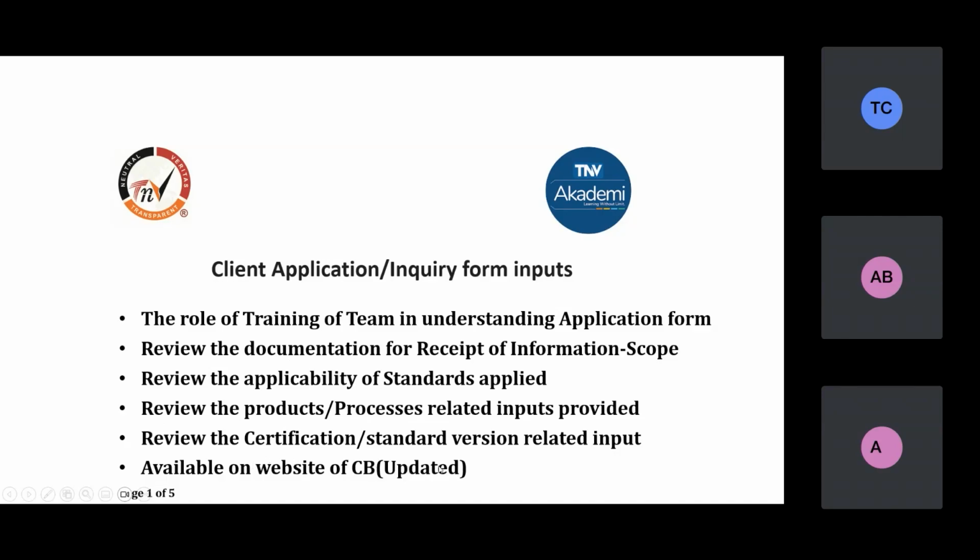But the question is whether it is updated. In the last 3 decades, our team has seen that there are problems in this updating at various certification bodies. Accreditation boards at times raise problems because the application forms get revised depending upon the situation, the version, and the input coming from internal and external audits. So the moment an application form is revised, it needs to be updated on the website of the certification body so that the client fills in the correct application form.